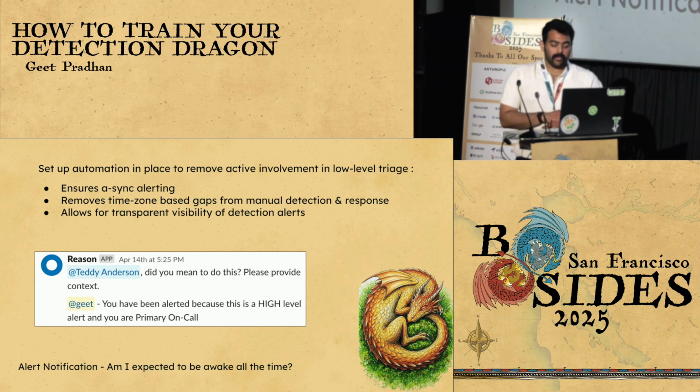The reason that it works is also the most important point. You have to talk to your other teams. You have to tell them, hey, this is what your business processes are. I'm going to alert on this, but this is what my process is. I'm going to tag you. I need you to add context because let's be honest, you're making them do a little bit more. You're adding maybe 3, maybe 5, maybe 10 seconds for them to take a look at this tag that they're getting on Slack and add maybe a sentence, 2 sentences, something. So you're adding to their work, right?